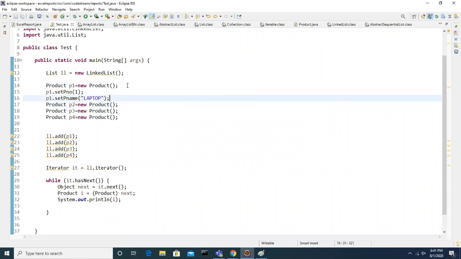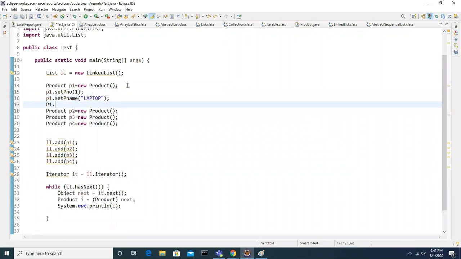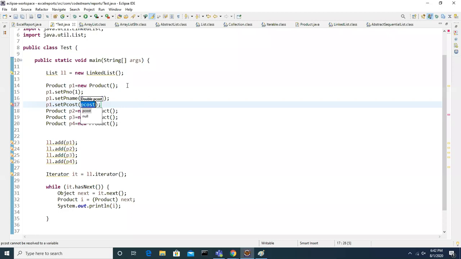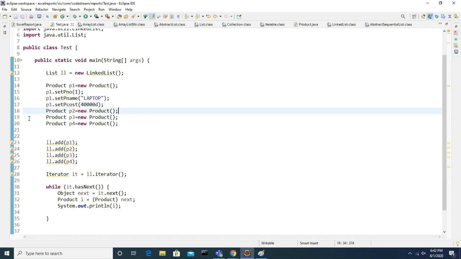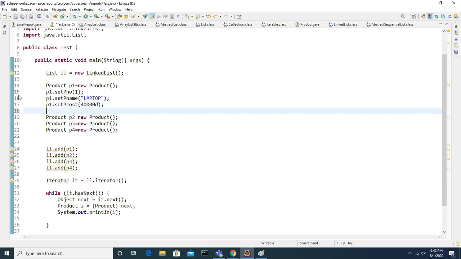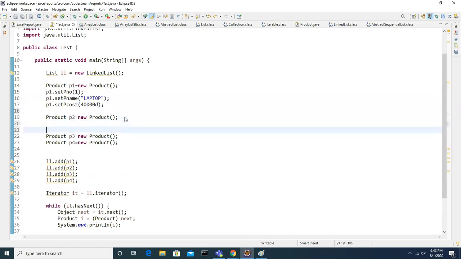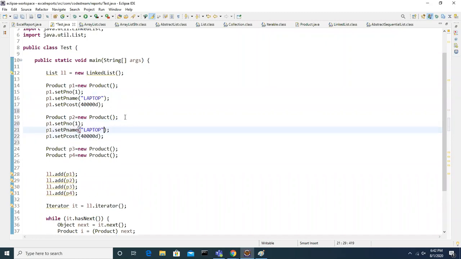Okay, and p1 dot set product cost, let's say 40,000. As it is a double, I just added this. So like this, I added the values. Like this, let's add the elements.